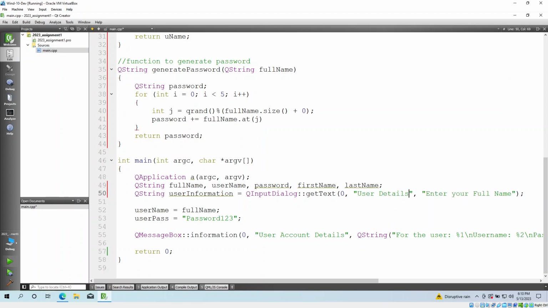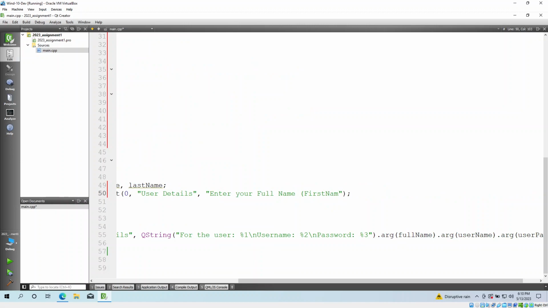Okay, I'm going to modify this other string of mine, and I'm just going to put here enter your full name, and we're going to say here first name, middle name, and I'm just going to put surname. Okay,